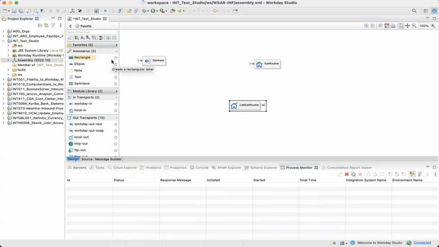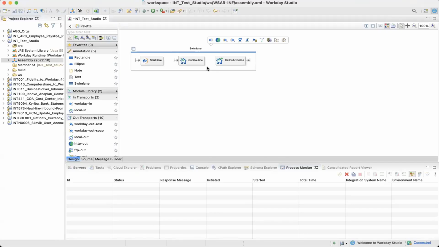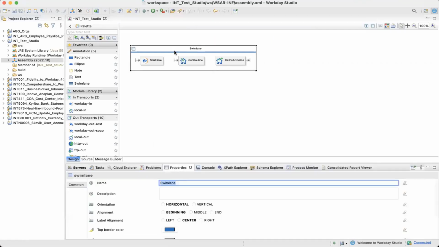But then to make it look beautiful, right? One thing which I recommend and everybody should do is use a swim lane. Swim lane helps you in formatting or aligning the components, so then you drag and drop your stuff into the swim lane. Now, if you have your Studio open, I want you to try. Just play around, put things here like this. It will automatically align. Okay. And then, once you click on the swim lane and go to the properties part of it, you will see the different options here.